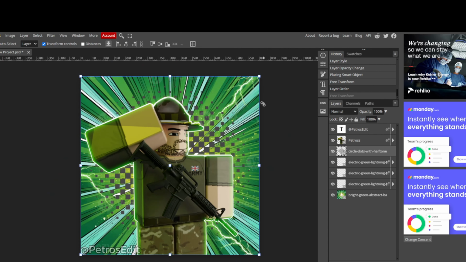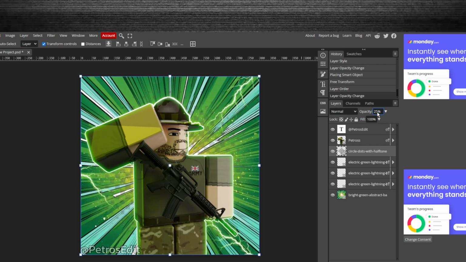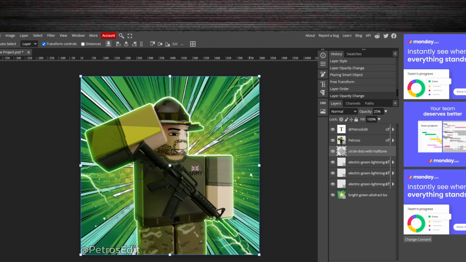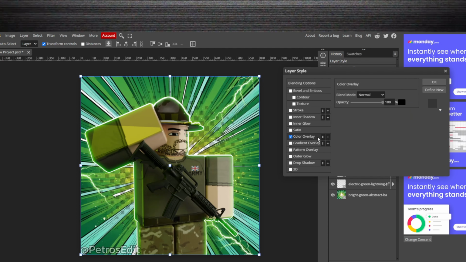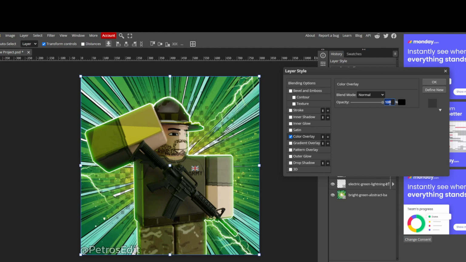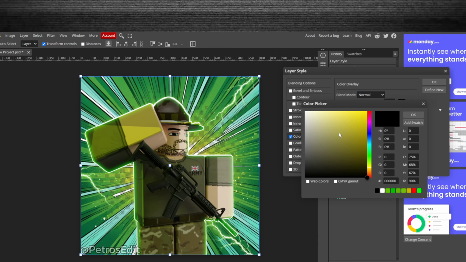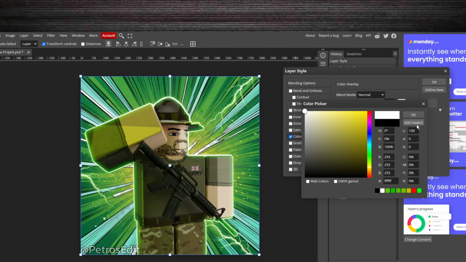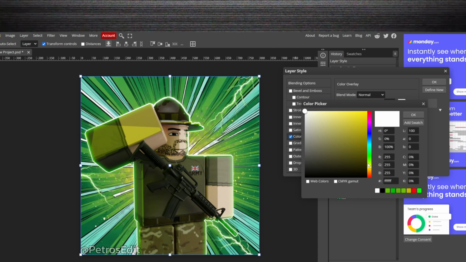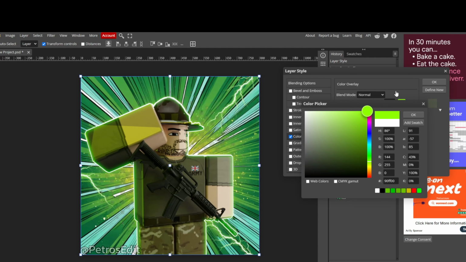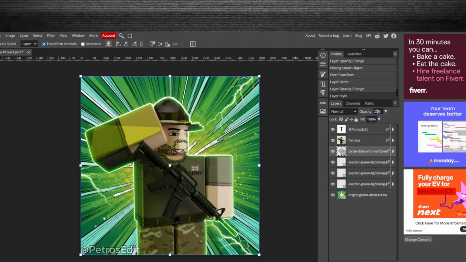Well, I don't think I need to rotate this one. Make the opacity like 25. You can still see it. And add a color overlay, make it 25, and make the color white. That's what I do. Well, I will make it green, a yellowish green, just to suit the background,